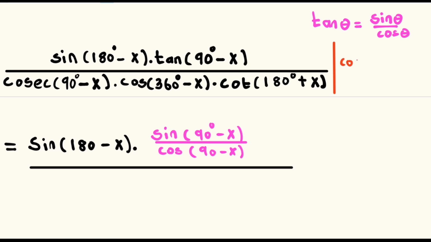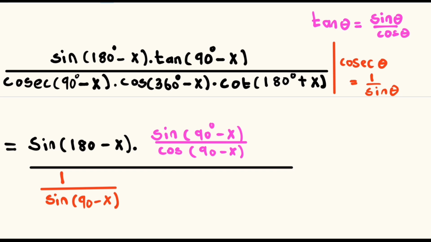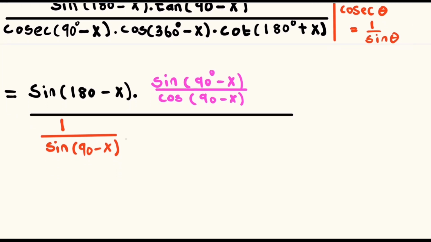We know that the cosec of theta is equal to 1 divided by sine theta. So the cosec of 90 degrees minus x, we express it as 1 divided by the sine of 90 degrees minus x, and this is multiplied by the cos of 360 degrees minus x multiplied by the cot of 180 degrees plus x, and